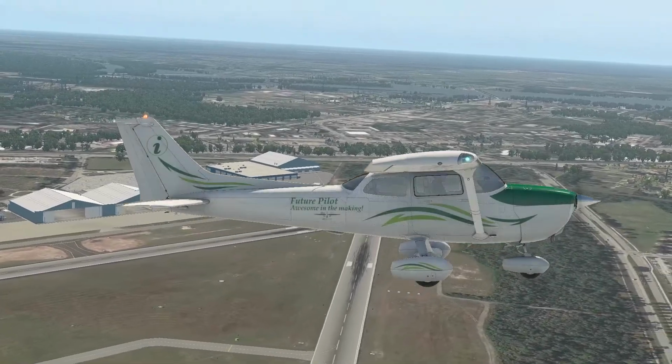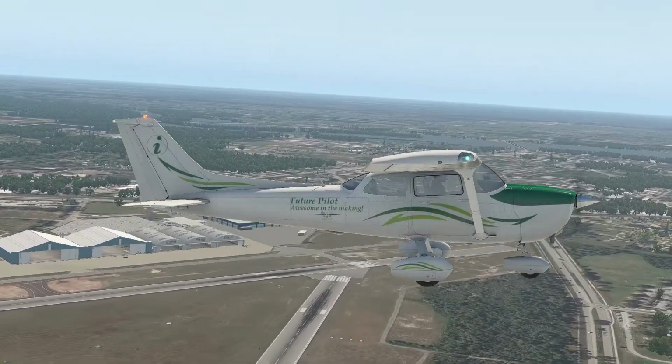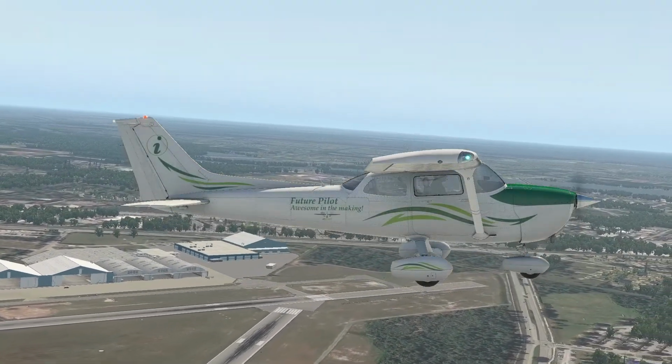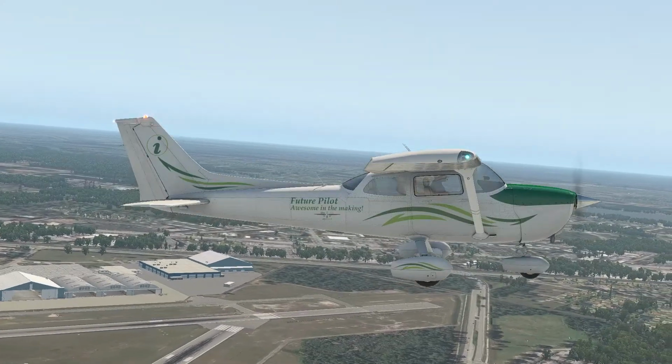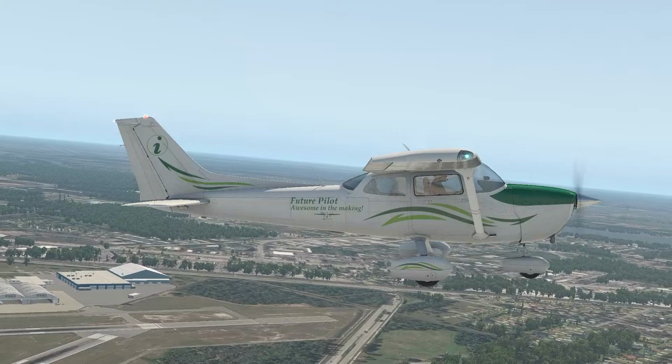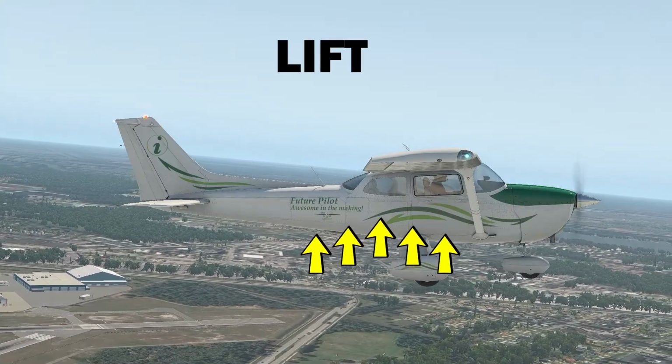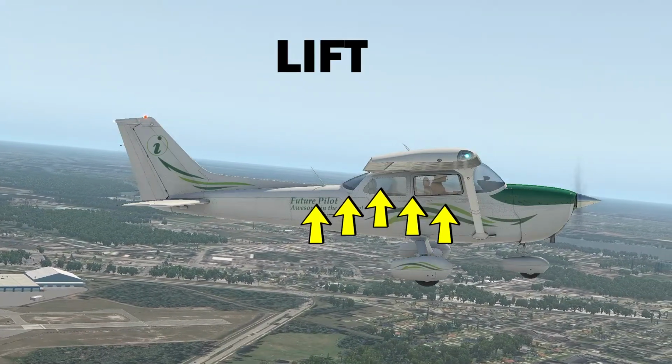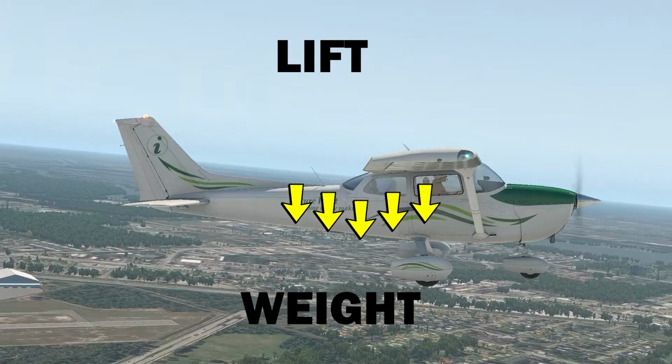This is the physics behind flight. There are four forces. All four forces must be in play for the airplane to fly. The four forces are: lift, the force that pushes the airplane up into the air; weight, the force that comes